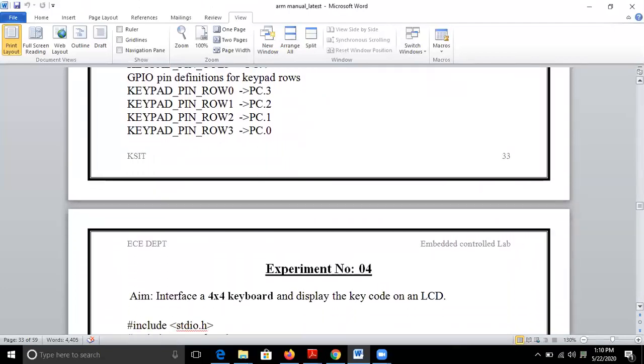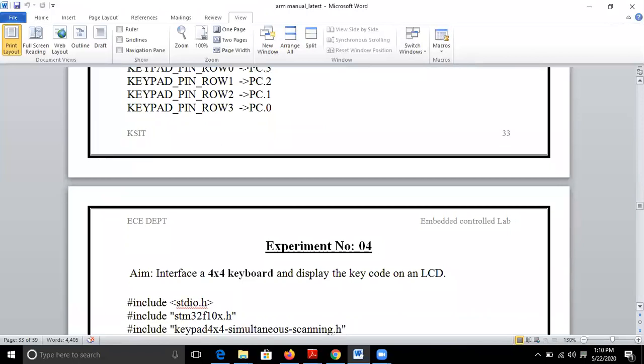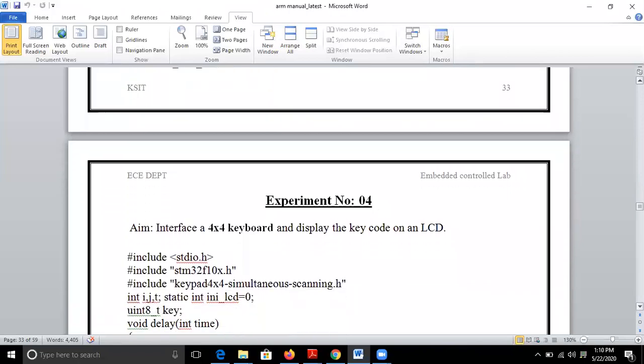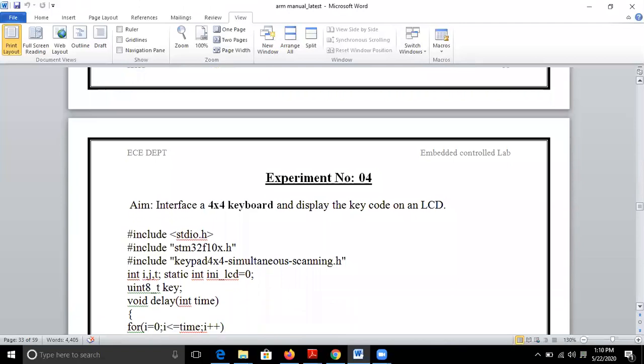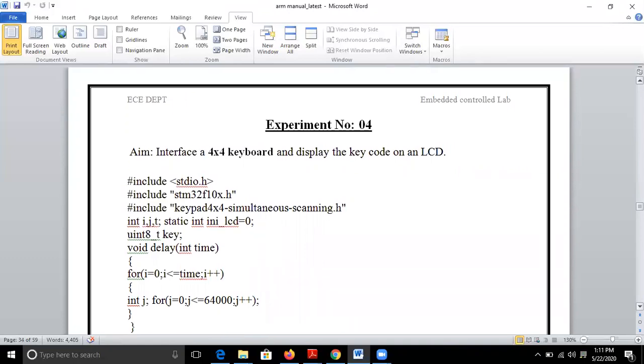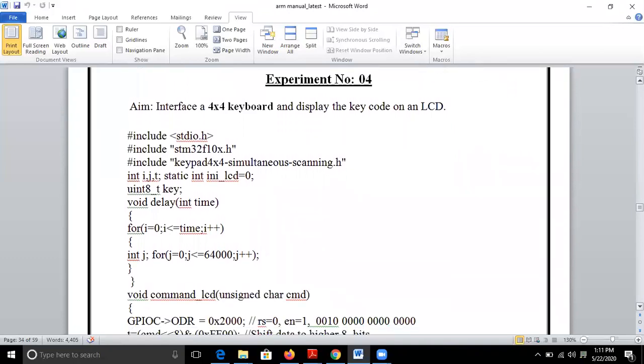Okay, so now let us look at the program to interface 4 cross 4 keyboard and display the key code onto the LCD. So keep the program for your reference.